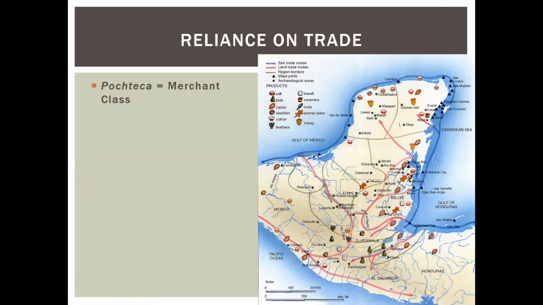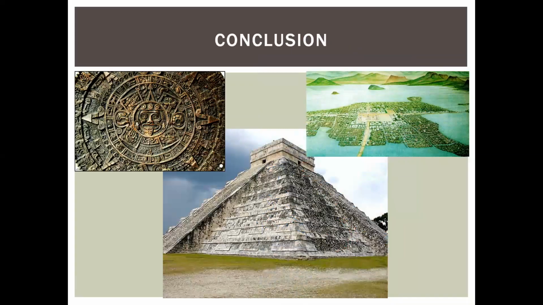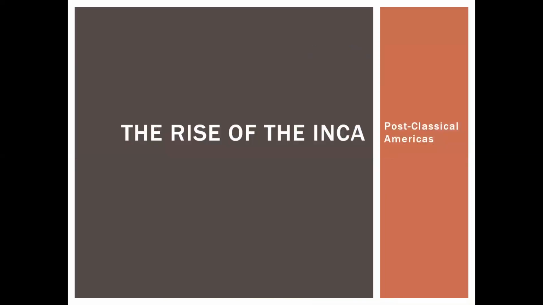And the Aztecs, like other great empires, depended on trade. They invested in trade, they encouraged trade. And this map shows you just a few of the products that were being traded throughout the Aztec Empire in Mexico and Central America. The other major empire you need to know is the Inca.